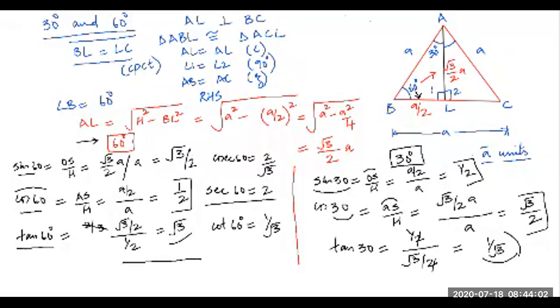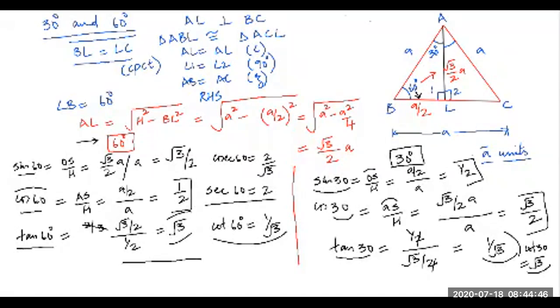So from this you can also find out what is cot 30. It would be the reciprocal of this, which would be under root 3. Cot 30 is under root 3. All right. So here we have done all the trigonometric ratios successfully, students. Tan 30 is here 1 by under root 3, and cot 60 is also 1 by under root 3. They'll be the same. Cot 30 is under root 3, and it will be equal to tan 60, which is also equal to under root 3.